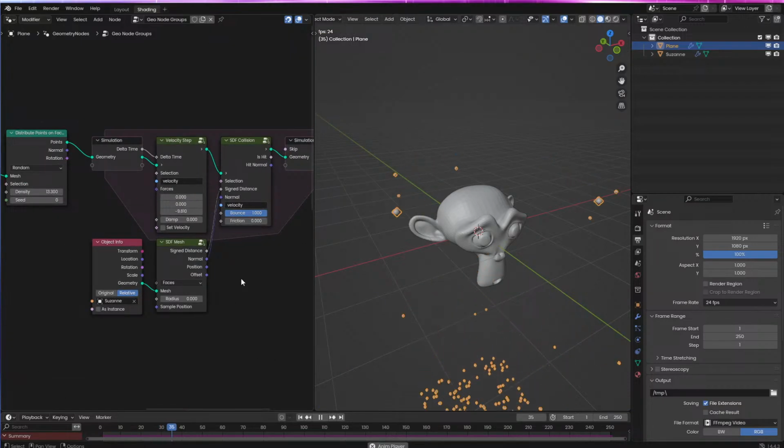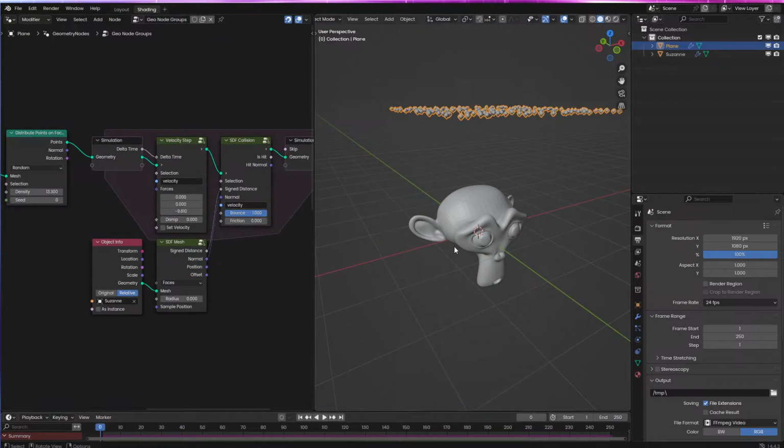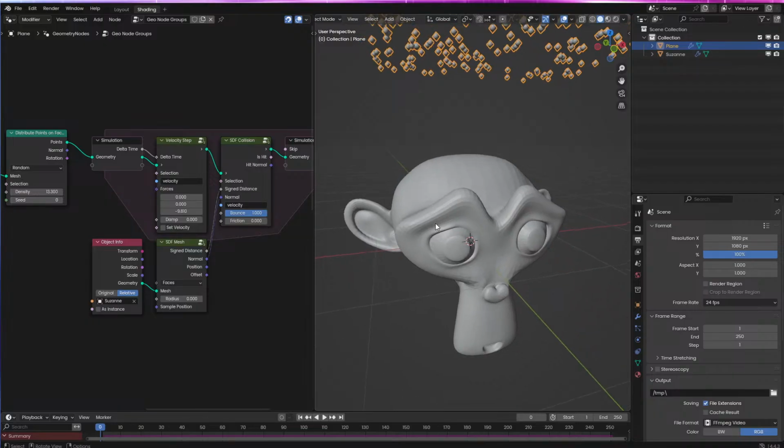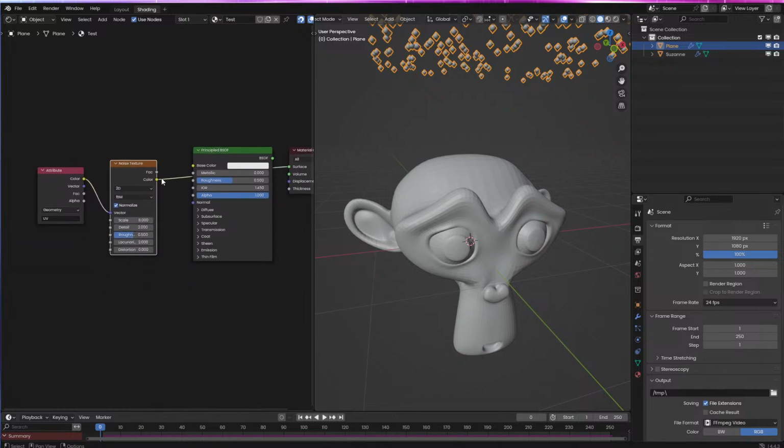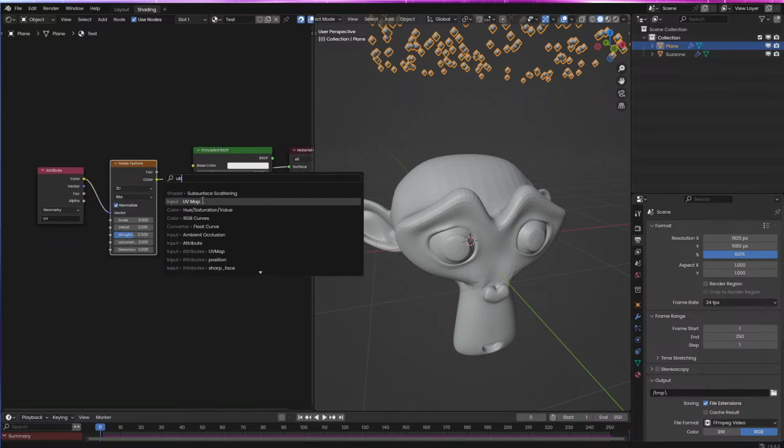Let's see. I know that tangents are also used for normal mapping, so how are those generated on the back end with meshes with no UVs? Well, that's the fun part. They aren't. So if we get the UV tangent